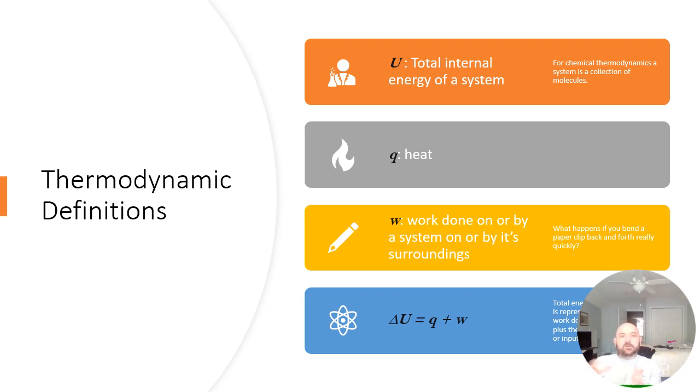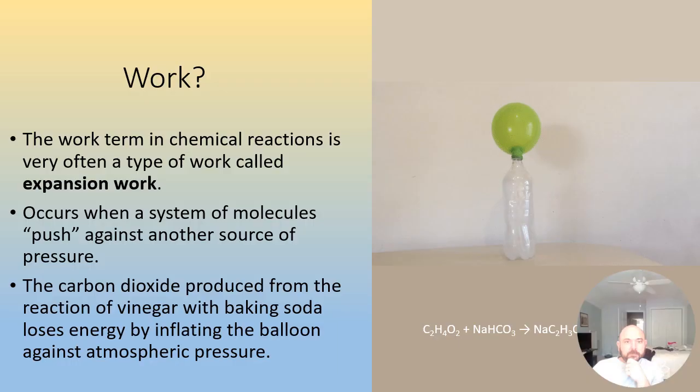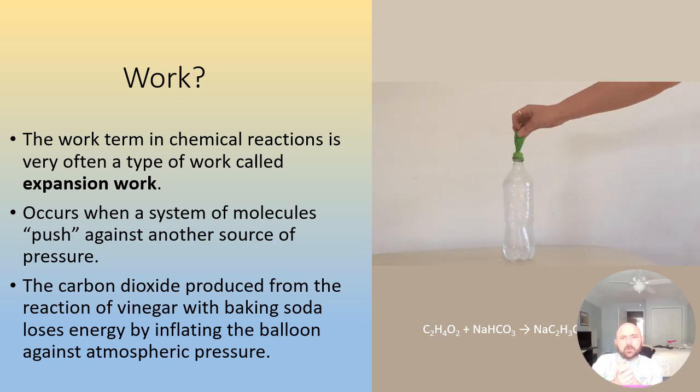And so to understand the total energy of a chemical reaction, we have to have an idea of how much heat is being released or absorbed, as well as how much work the system is doing. And that's what the total energy of a system describes: the change in energy according to heat produced or absorbed, as well as work done on or by a system. And you might be thinking, work? Well, how do chemical reactions do work? We talked about it a little bit earlier, way back on the first couple of slides of this presentation,